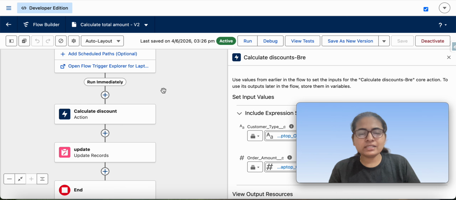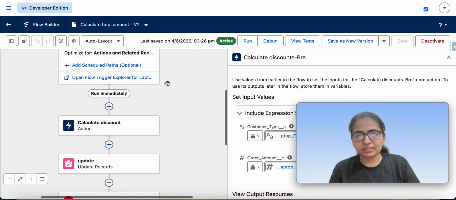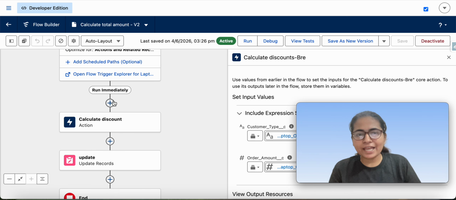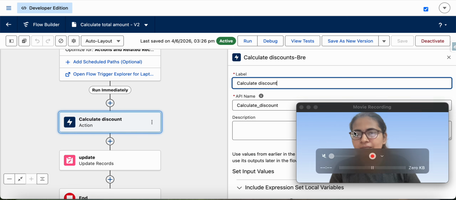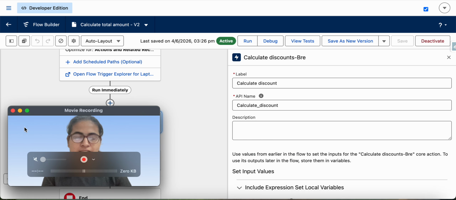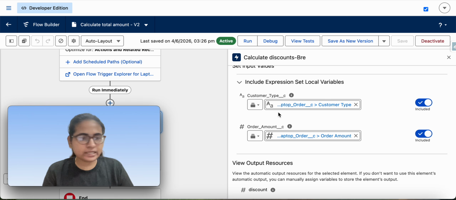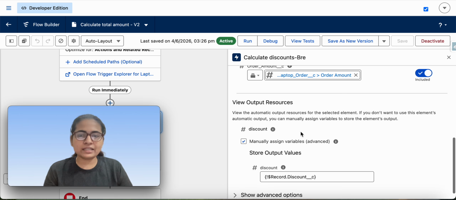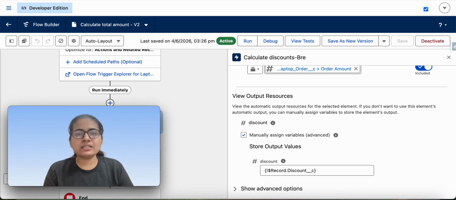So this is the flow that we are talking about, and I have added an action. This action is calling an expression set, which takes two inputs and gives back the output. This is the same expression set that we see over here.